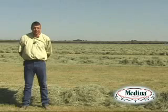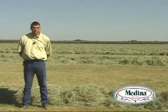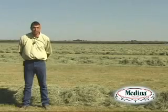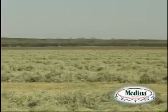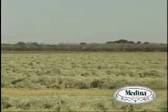We've had problem areas in our fields that wouldn't produce much grass, and those problem areas have gone away. And where before we were making 60 square bales per acre, we're back up to 90 to 100 square bales per acre, using the same fertilizer and the same farming techniques, and it's just our soil is so